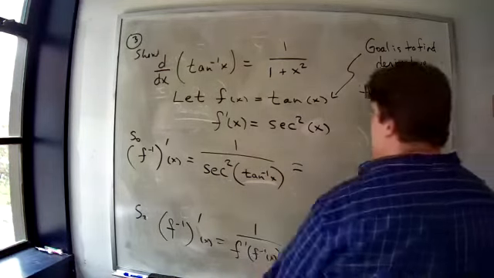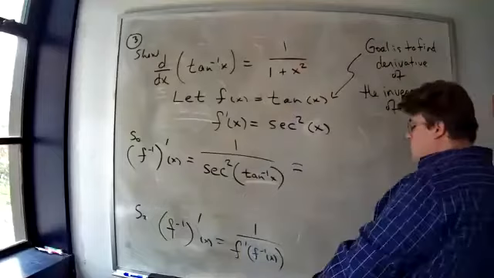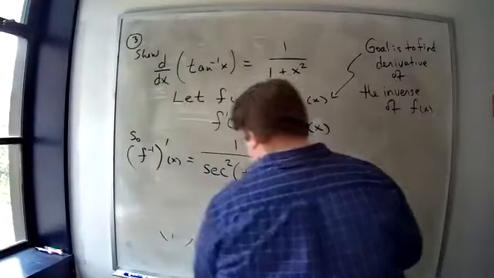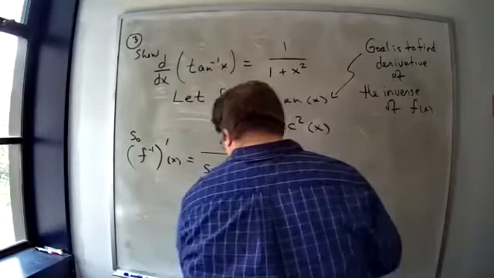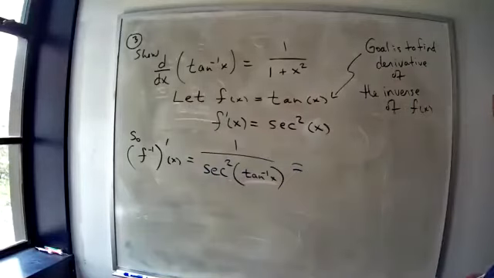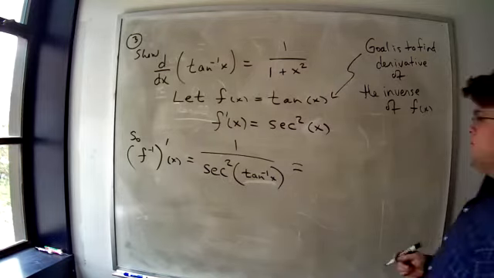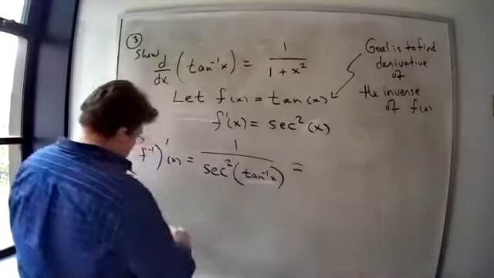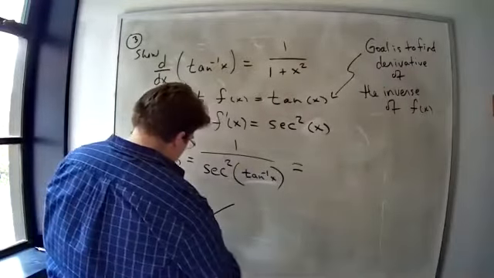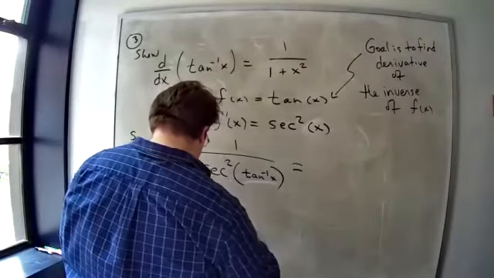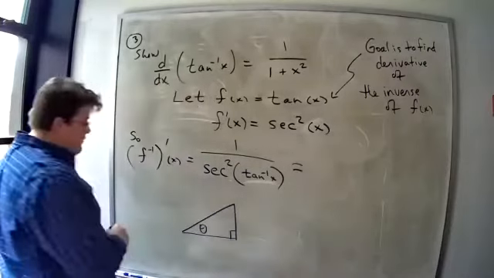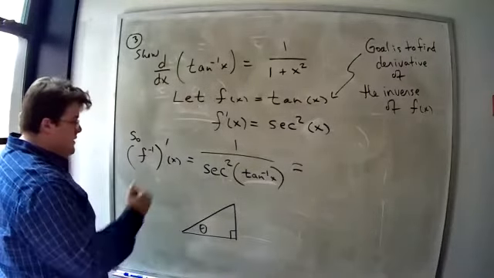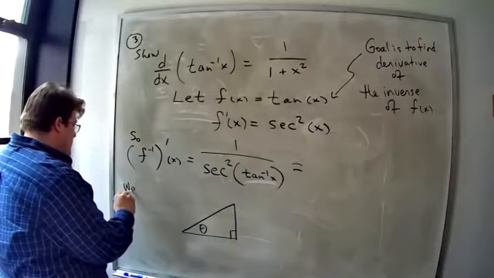So now we have to simplify this because this doesn't look like what we want it to look like. To do this, I have to erase this down here. But we remember that the inverse trig functions can be interpreted as angles in a right triangle. So here's a right triangle. And to simplify this, we're going to want,